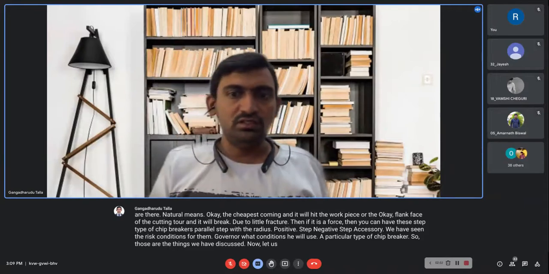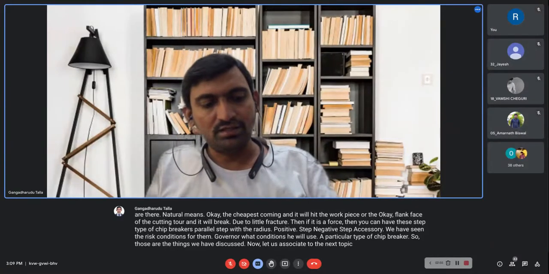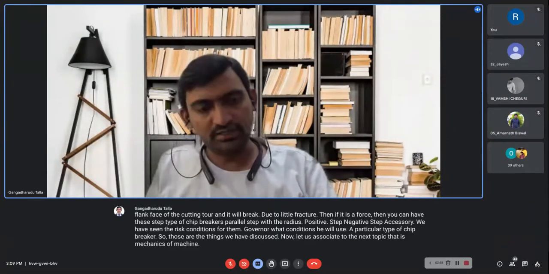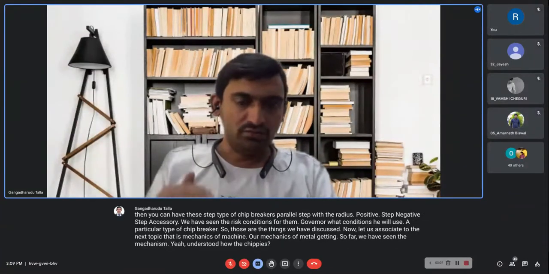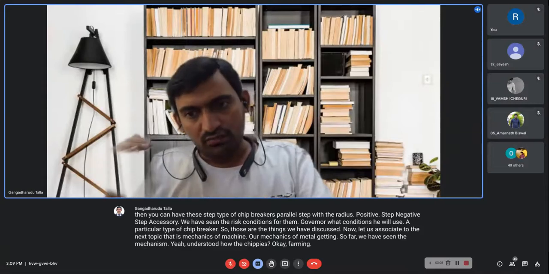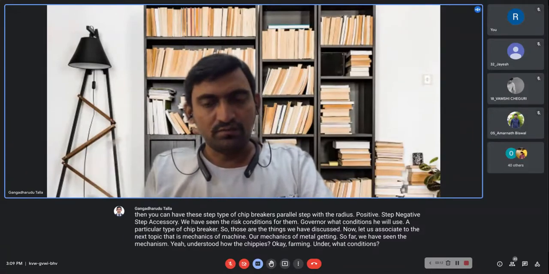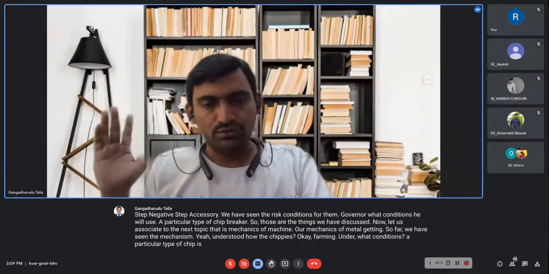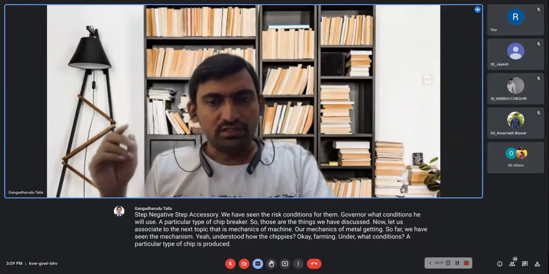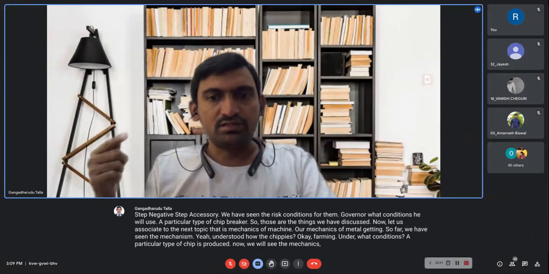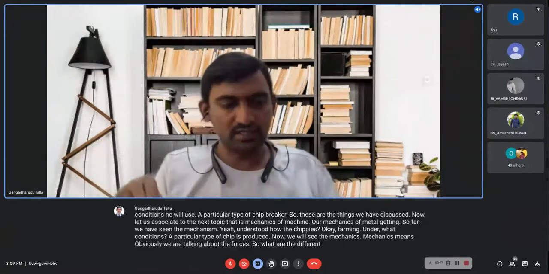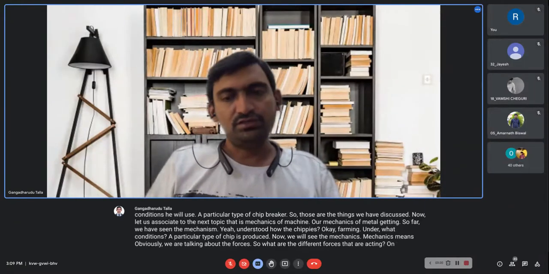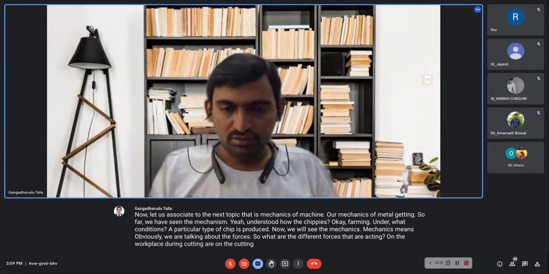Now let us proceed to the next topic, that is mechanics of machining or mechanics of metal cutting. So far we have seen the mechanism. We have understood how the chip is forming and under what conditions a particular type of chip is produced. Now we will see the mechanics. Mechanics means obviously we are talking about forces. So what are the different forces that are acting on the workpiece during cutting or on the cutting tool during cutting,